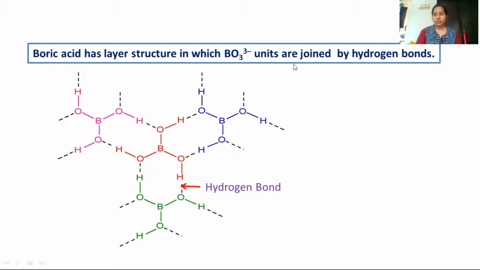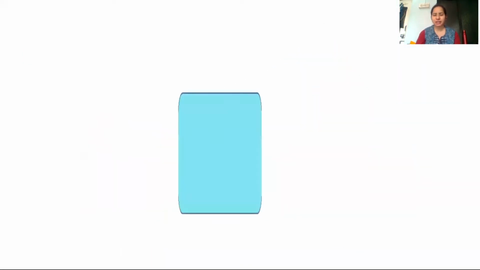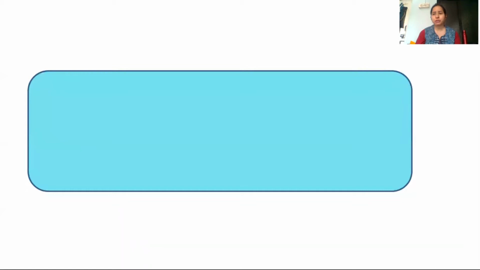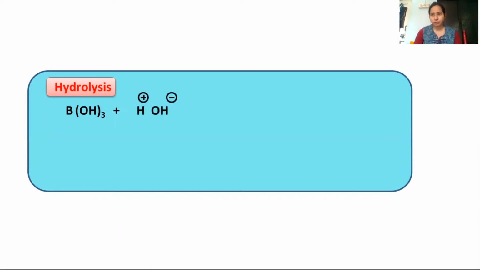Now, when I say boric acid, B(OH)3, it has hydroxy groups. Talking about its hydrolysis, when you put boric acid in water, what is the reaction that happens? It will gain a lone pair of electrons. B(OH)3 is similar to BCl3. You can see boron is sharing 3 electrons. After sharing, it becomes 6. It is short of one lone pair. So it has the tendency to accept a lone pair from the O atom.